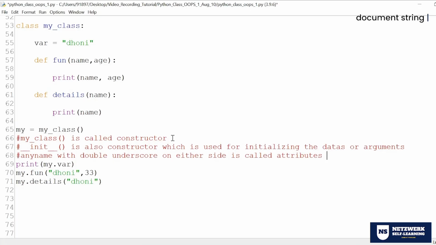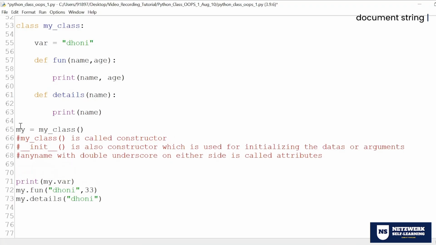Okay. Now, in the previous case, what is this my? It is just an object reference. So whenever you use it, it will create a separate memory. Look at line number 71, 72, 73. It creates 3 separate instances of memory. But whenever you create a constructor, the object that you use, now my is an object, also called an object reference, and this is a single instance of object reference.